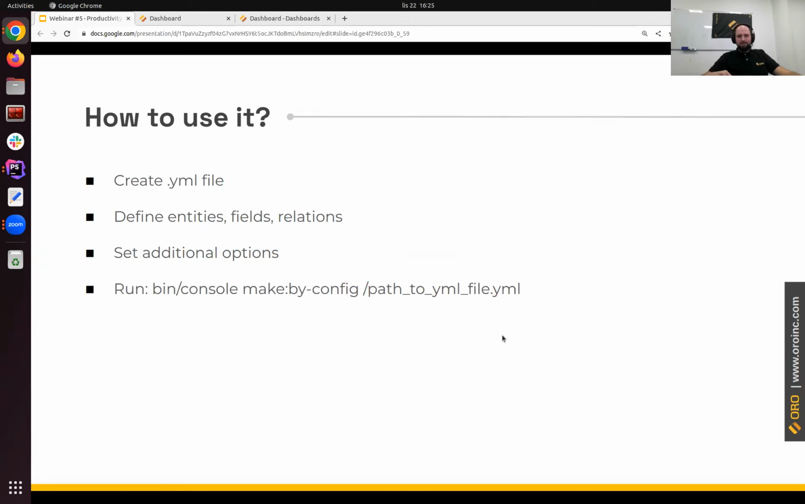So, how to use it? It's very simple. All you need to do is create a single YAML file where you're going to define the structure of the feature you are building, and we're going to do it right in a moment. In this file, you define the entities, fields of those entities, some relations. Then optionally, you can add some additional options. You're going to see that most of the functionalities are going to be enabled out of the box. So for example, it will create import export, it will enable the data audit, and you can turn it off using those additional switches. And once you have this file ready, you just run the command,